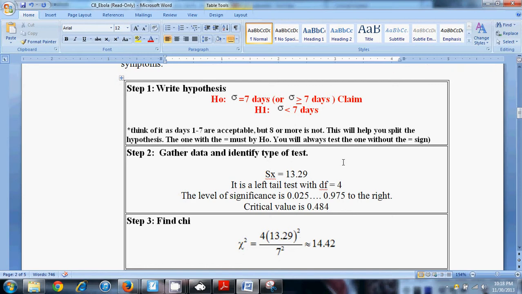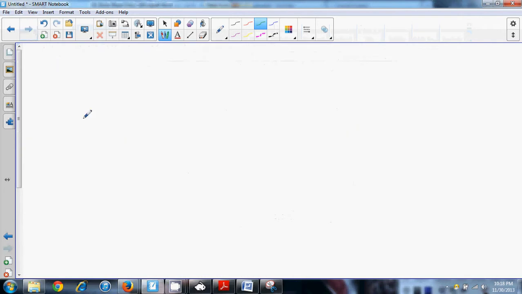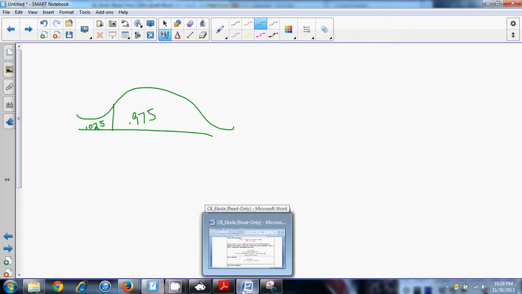I get my standard deviation that I still had before. I had 5 data values, so my DF is 4. And you have a significance level of 0.025. So that means you got a 0.975 to the right because this is a left-tailed test. It looks like this. Right, because I got the less than, I got this 0.025 in here, I got this 0.975 over here, and on my chart,